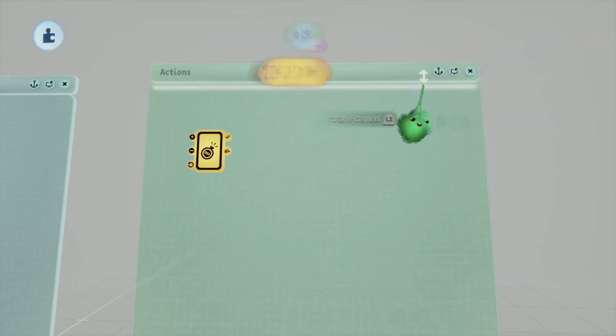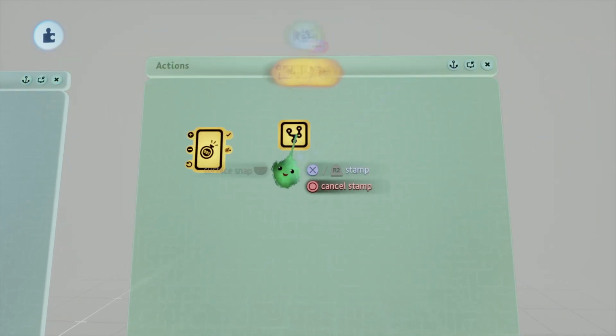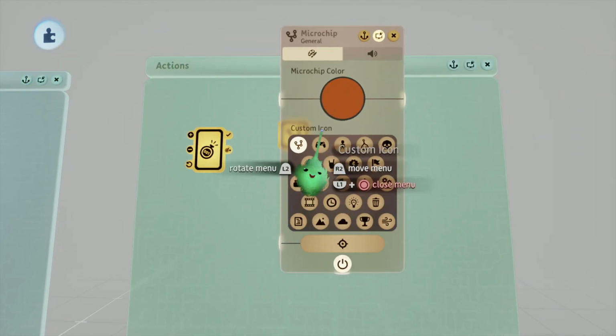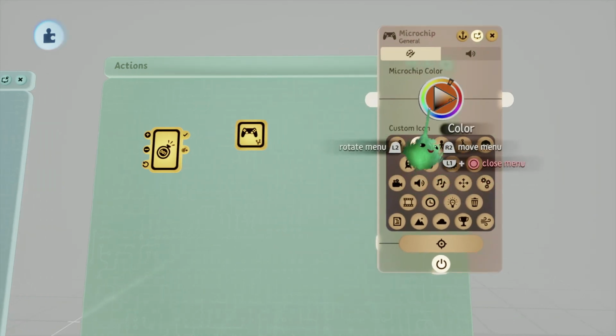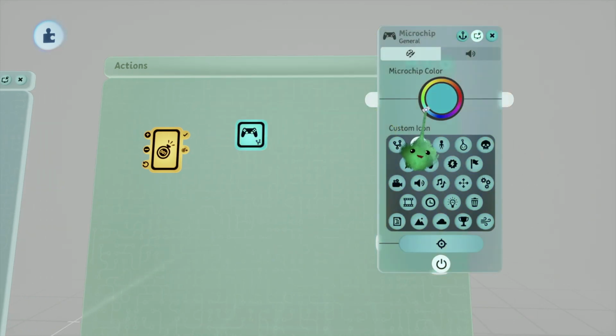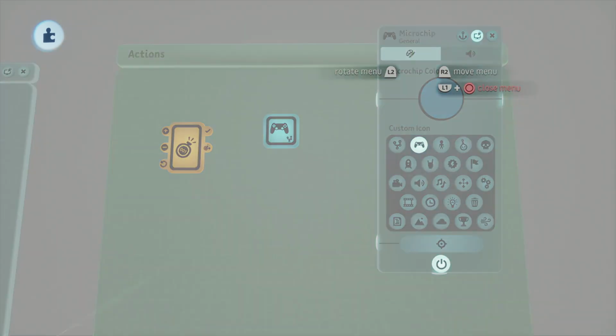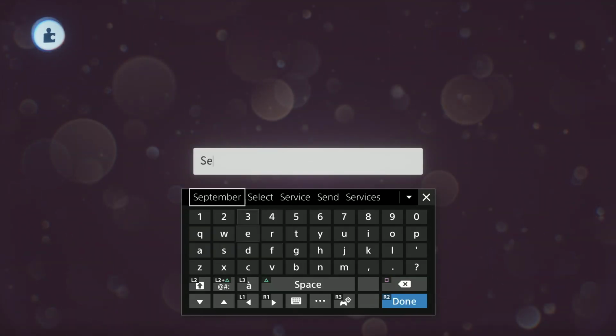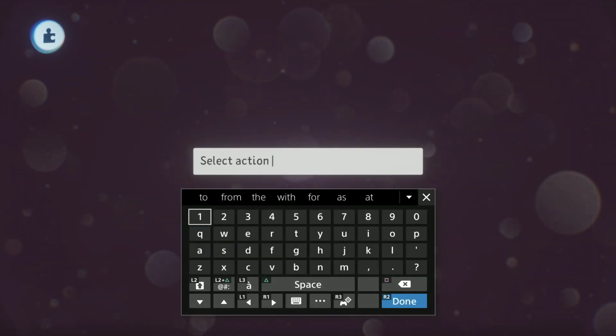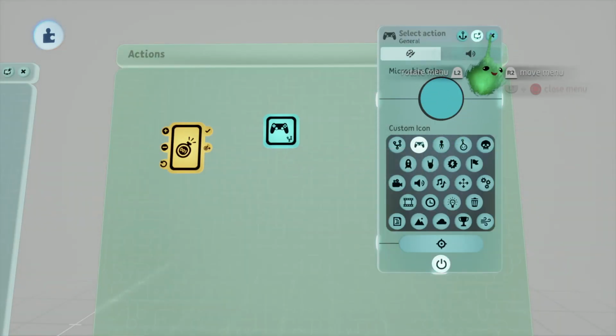Another microchip. Make it a wonderful little controller just so you keep things straight in your head. We're going to name it Select Action,